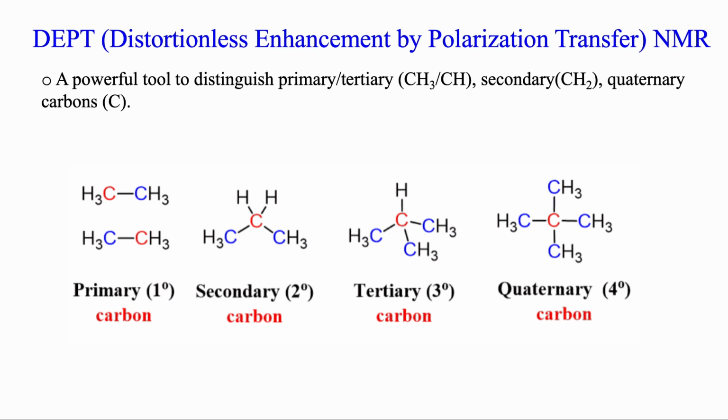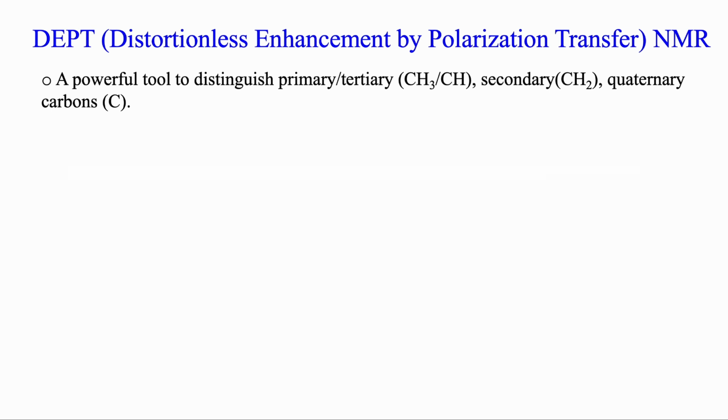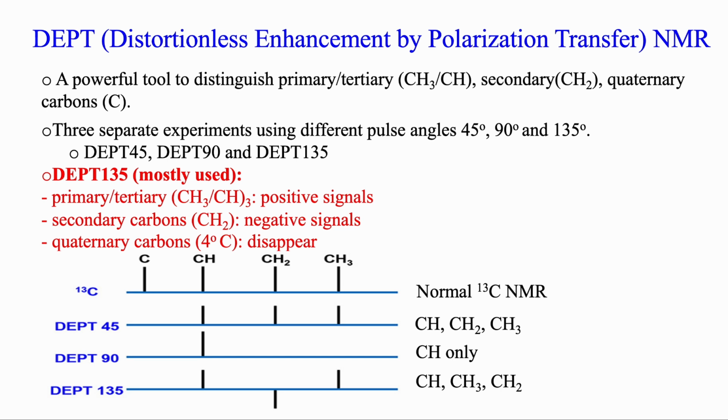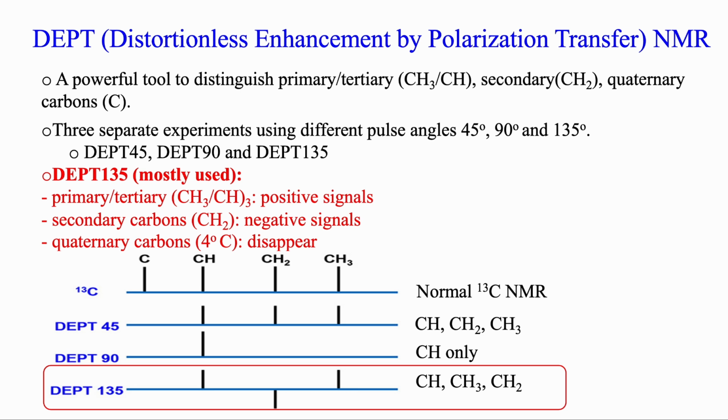with signal assignment. DEPT has 3 experiments that use different pulse angles during the data acquisition process, and they are correspondingly called DEPT 45, DEPT 90, and DEPT 135. The last one is the most frequently used DEPT experiment. In DEPT 135, primary or tertiary carbons are positive, secondary is negative, and quaternary carbons disappear due to the lack